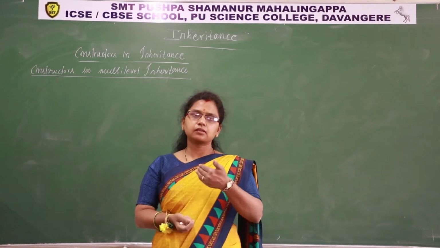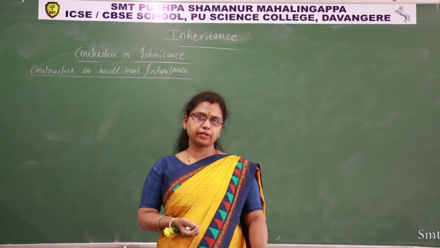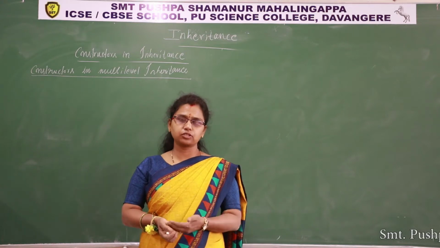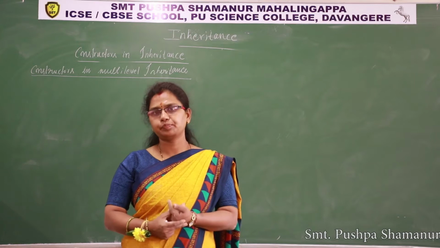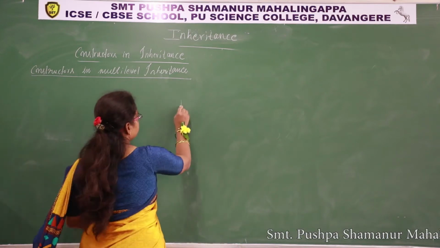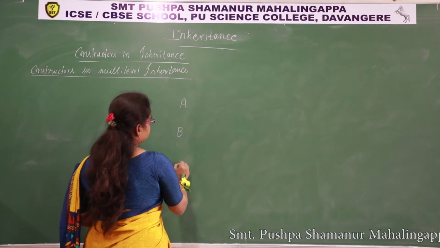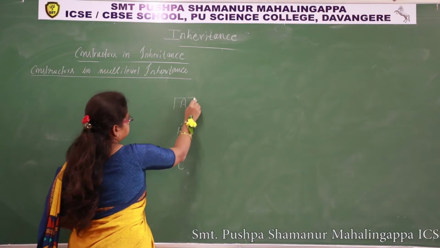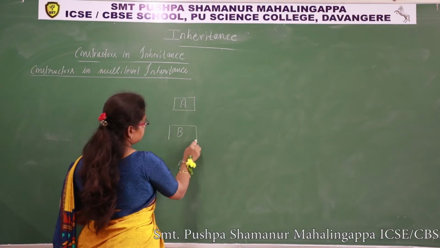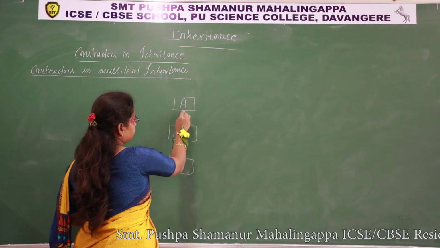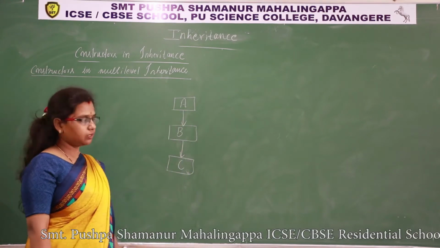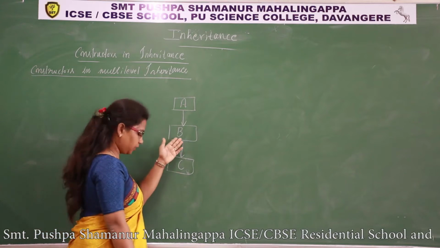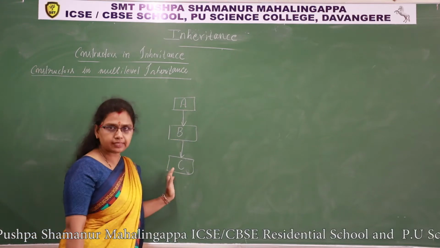Base class, a derived class, again one more derived class. Chain structure. Is it? So we create object for derived class. If I take class A, class B, and class C. Class A properties are inherited to class B. Class B properties are inherited to class C.